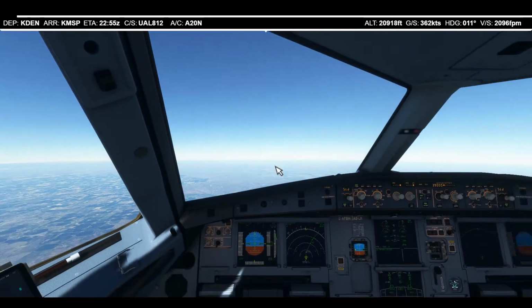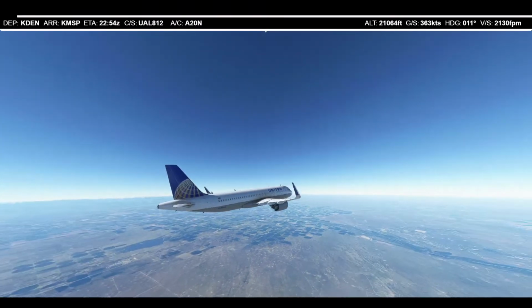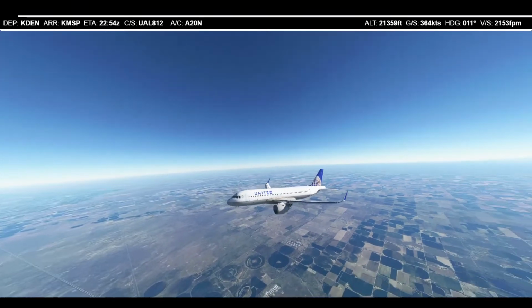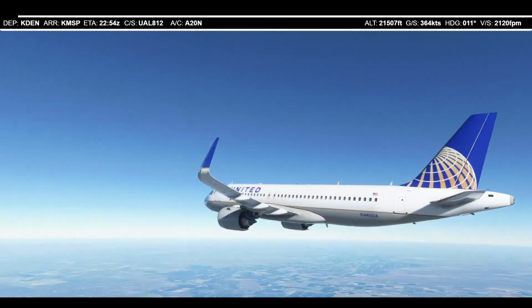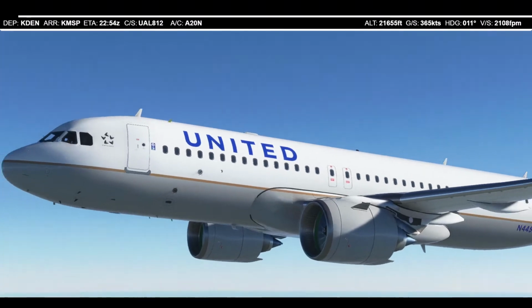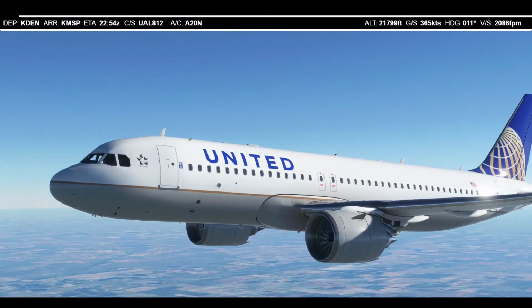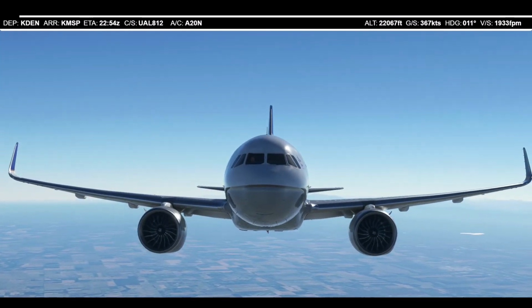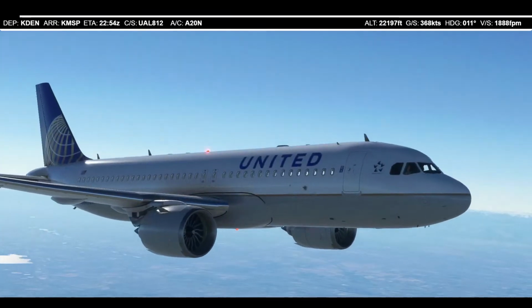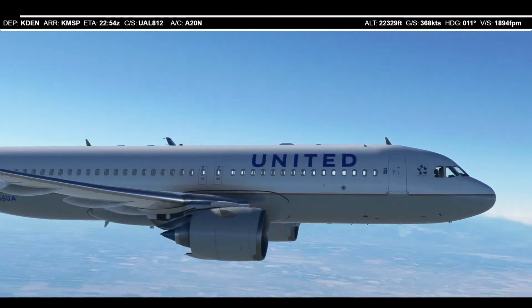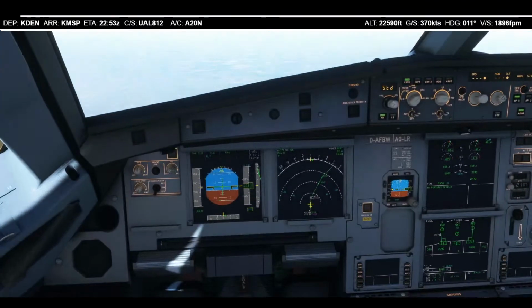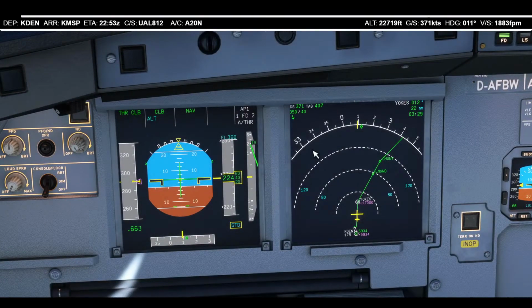So for now we're just climbing, so let's have another look outside at the aircraft. Oh, it just jumped there. So while we are climbing,